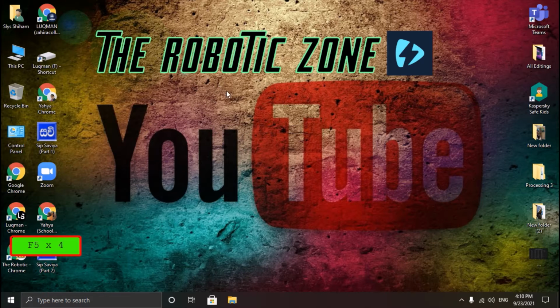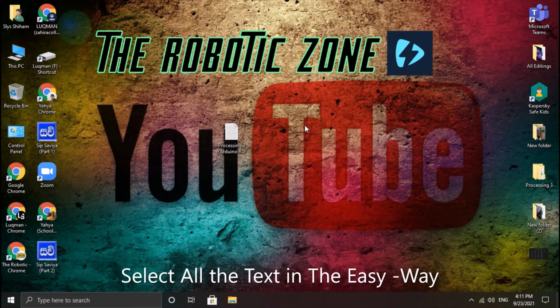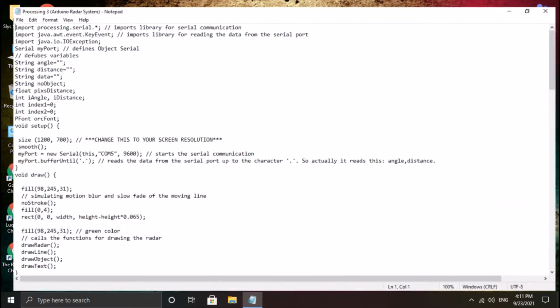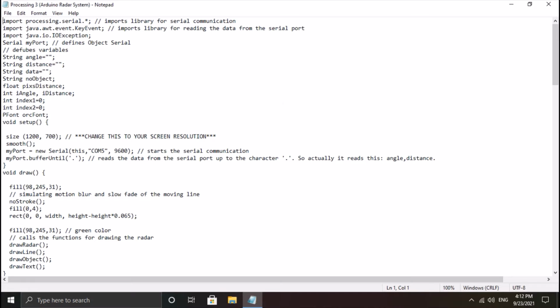So now we are going to move on to the second shortcut. The second shortcut is how to select all the things in your document or your file explorer or your notepad or anything.